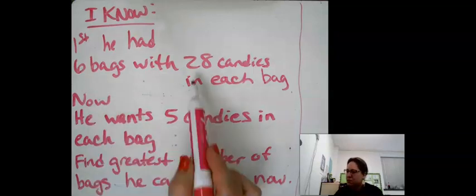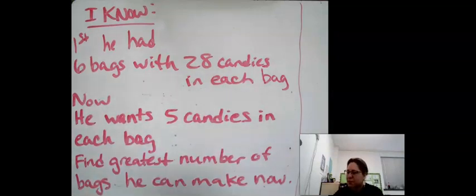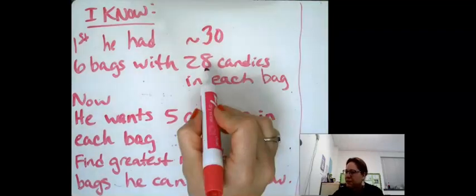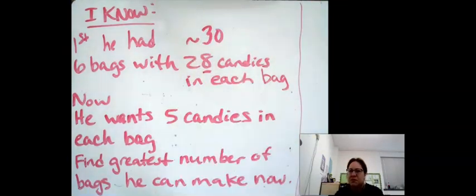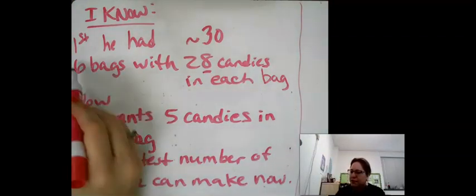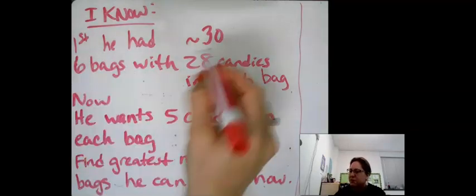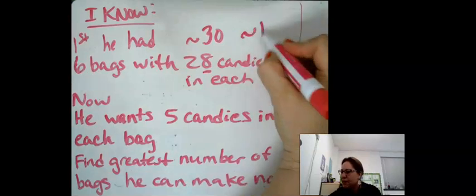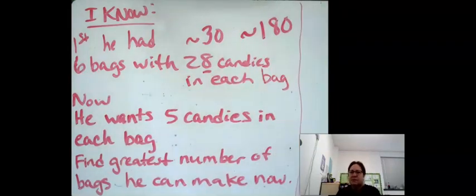So let's see, 28, I'm going to round that up to 30 because 0 to 9, if I look at this 8, 0 to 9 is going to change the 2 to a 3. 0 to 9 goes up. So I know that 6 times 3 is 18, so I know that 6 times 30 is 180 candies. So he started with approximately 180 candies,